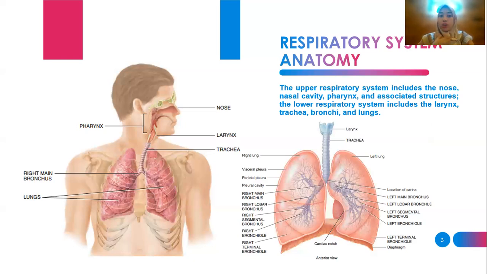The pharynx, or throat, is a muscular tube lined by mucous membrane. The anatomical regions are the nasopharynx, oropharynx, and laryngopharynx. The nasopharynx functions in respiration. The oropharynx and laryngopharynx function in both breathing and digestion. The larynx, or voice box, is a passageway that connects the pharynx with the trachea.